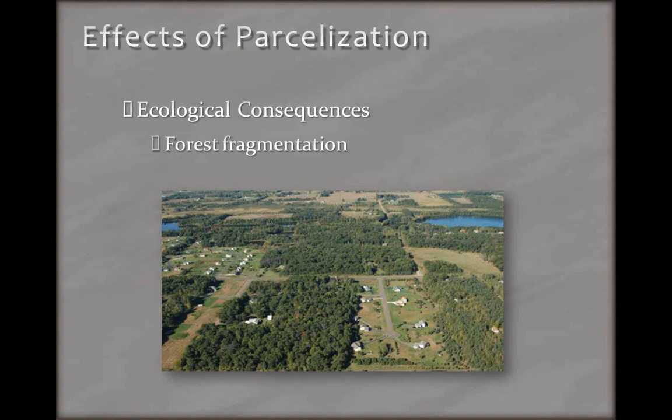And so by parcelizing a forested landscape, it increases the odds that roads will go in, building sites will go in, driveways, power lines, all creating less forest core area and fragmenting it. And a fragmented landscape increases or encourages the spread of invasive and exotic species. Roads provide these utility corridors for them.